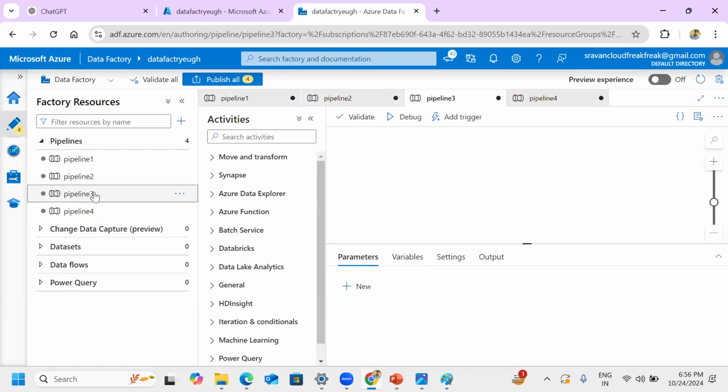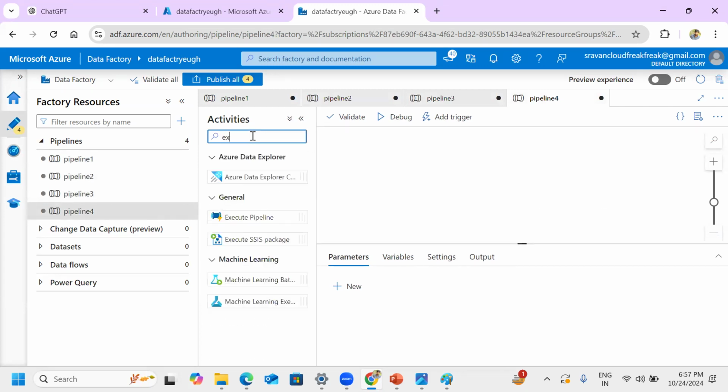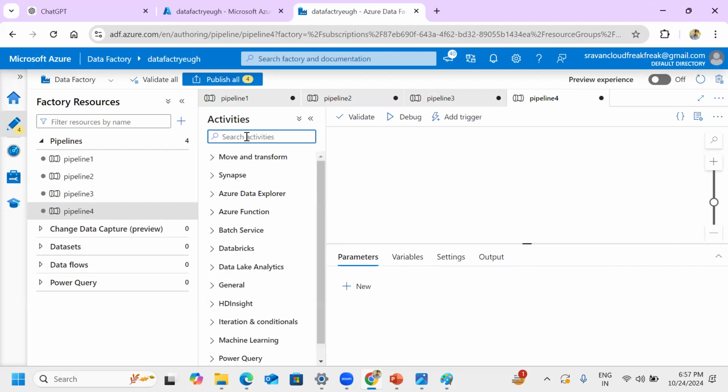The third pipeline does business activities. The final pipeline loads the data into your destination. We have multiple pipelines. In real time, we have one more pipeline,